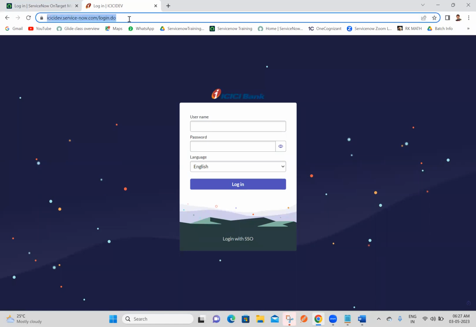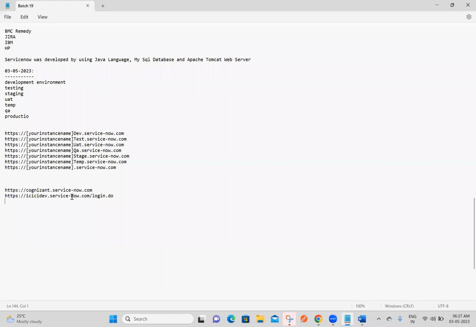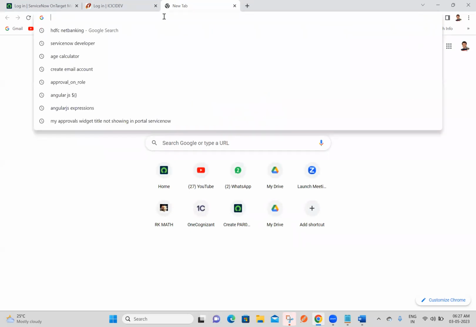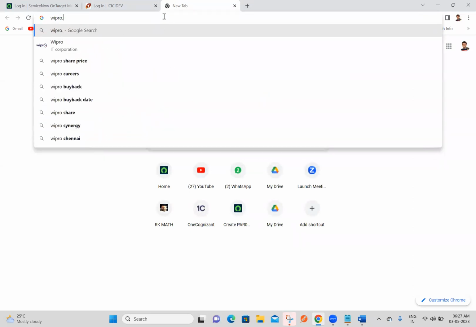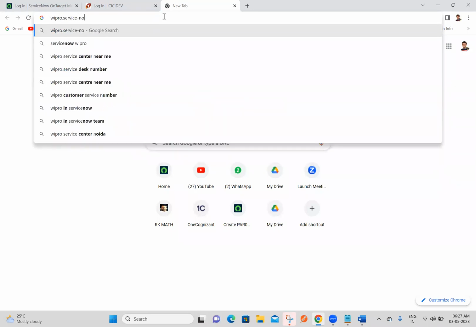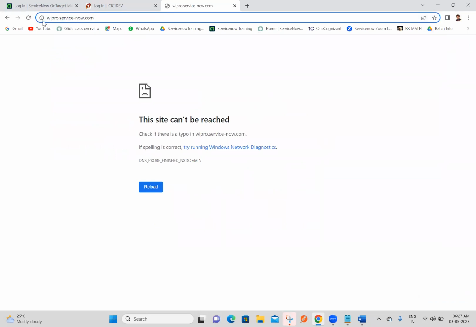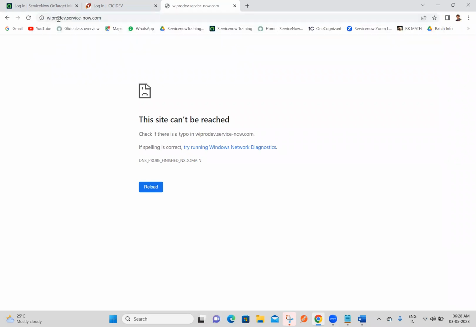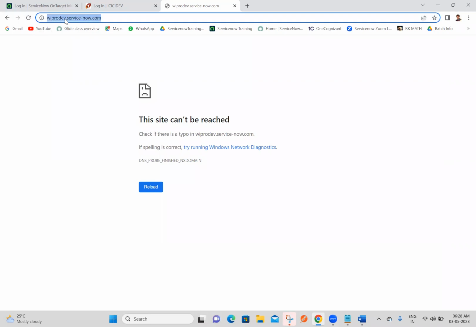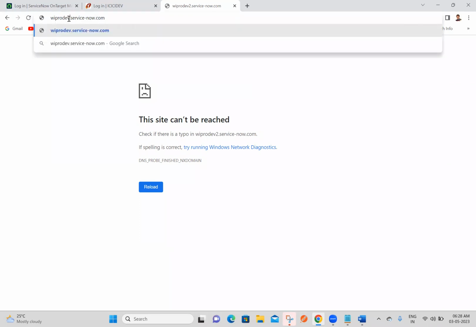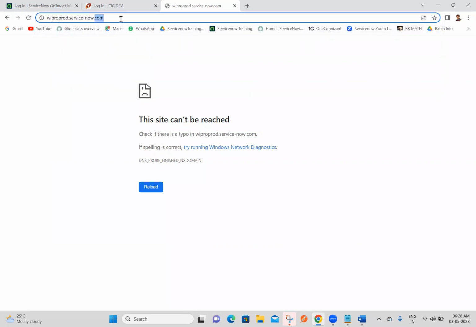I will also copy this one. For example, I am showing all these instances. You don't need to open all these ServiceNow instances. Next, for example, pro.service-now.com. Maybe I'm saying... it is not available. It's okay. Next,